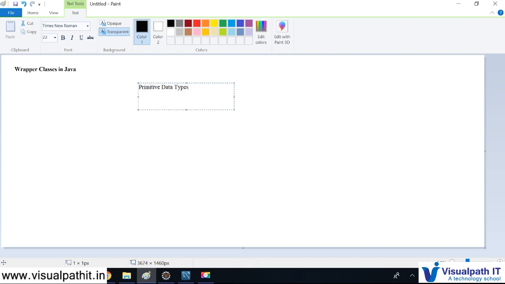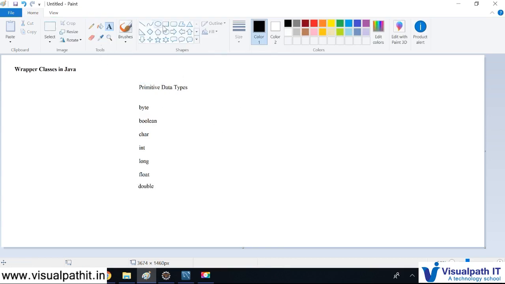like byte, boolean, char, int, long, float, double. So these are all the basic primitive types we know. And suppose you have a system and you want to bypass these data types